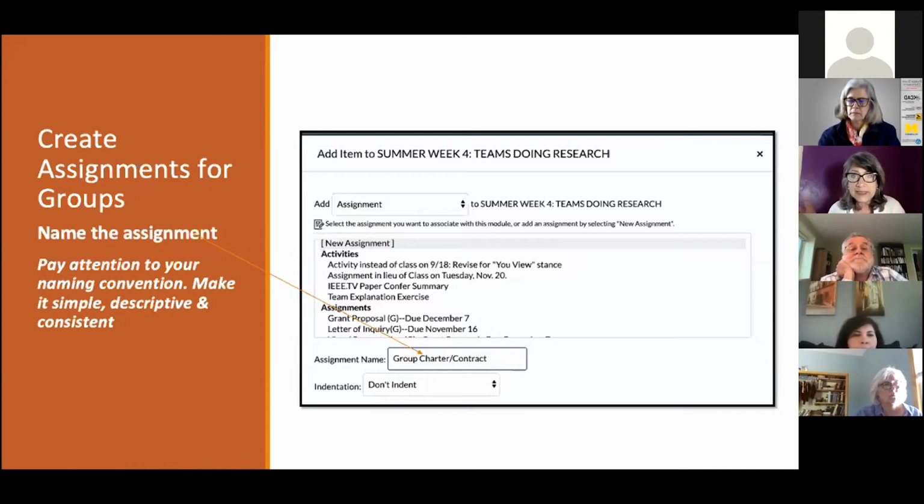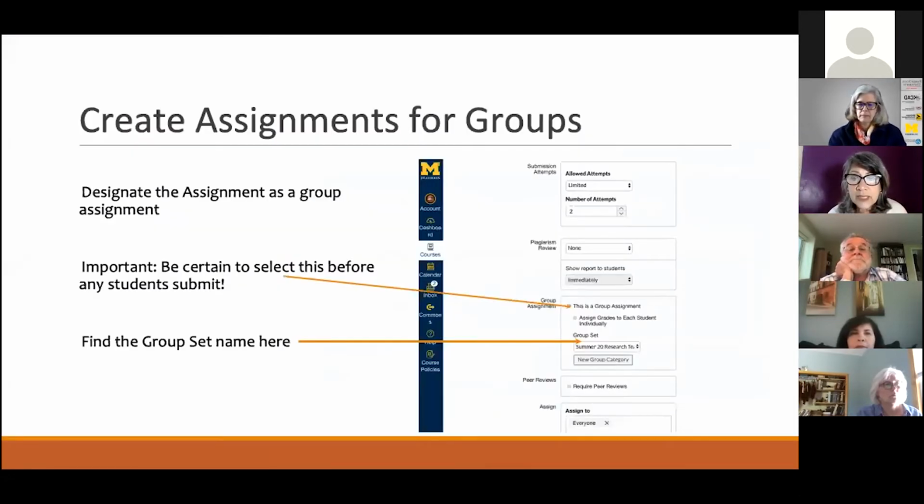I try to balance them. I use the example with my students: if you remember the Harry Potter character Hermione, who was such a brilliant student and always answered every question and knew all the answers and had read 47 books. Well, I always say every group is going to have a Hermione who's just going to take over things. So you want to balance the participation by creating some things that are group and some things that are individual. So now I've created my groups.